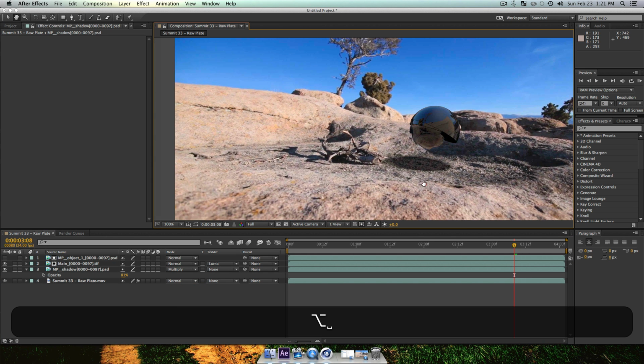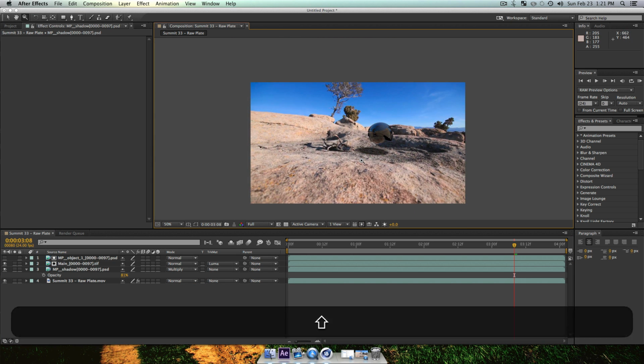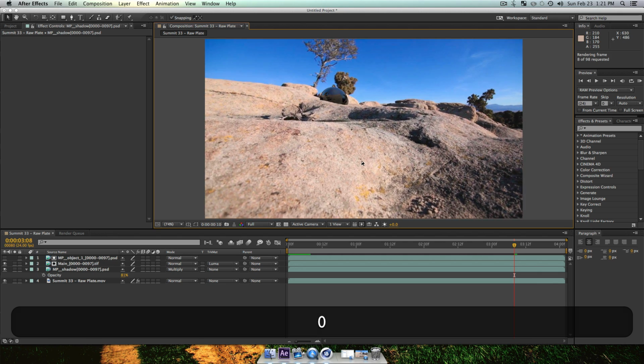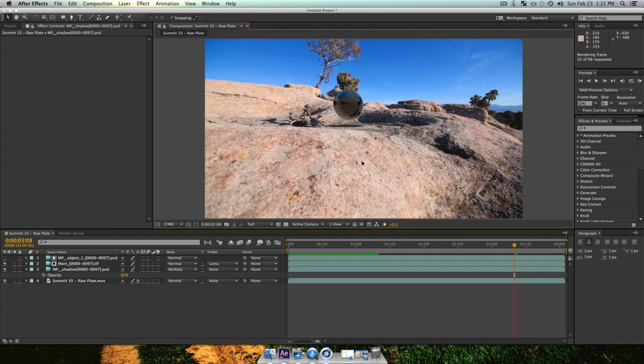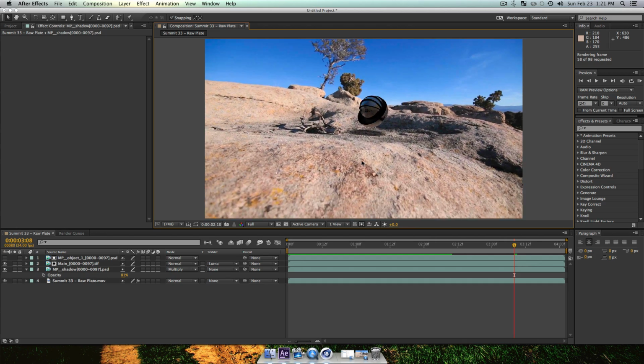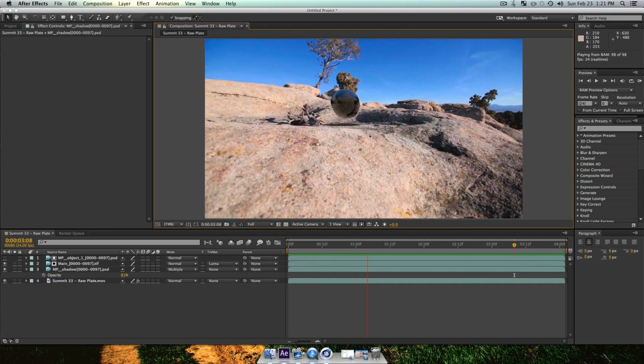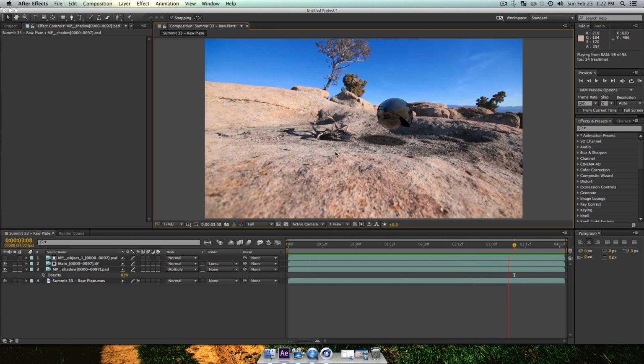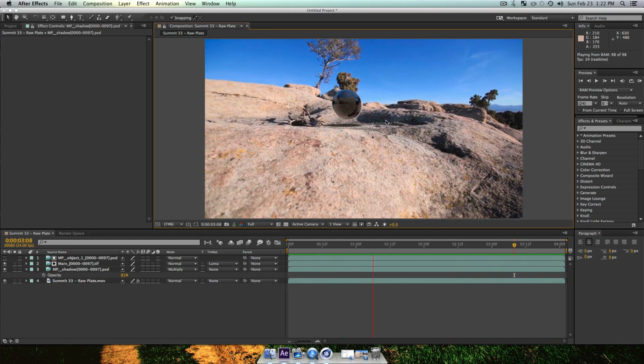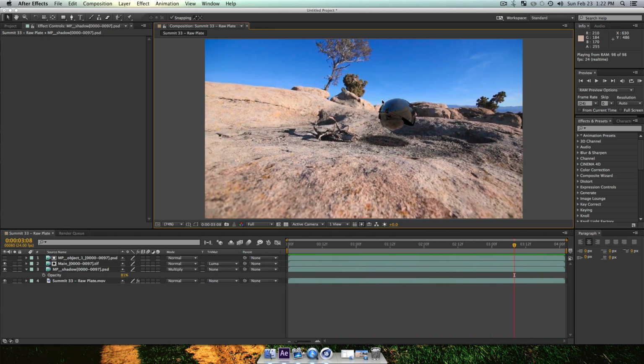But anyway, in no time at all, we have a very nice composited scene that is our 3D object floating in space. And it looks pretty cool. You know, I made my plane a little bit the wrong size for this video, but overall this looks pretty cool. And yeah, so that's how you make this video.